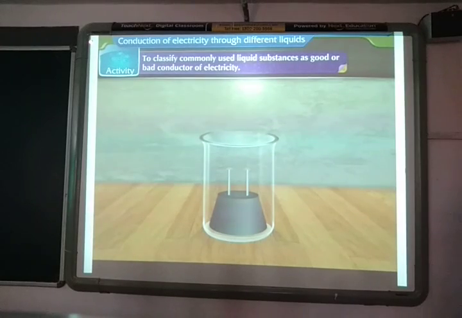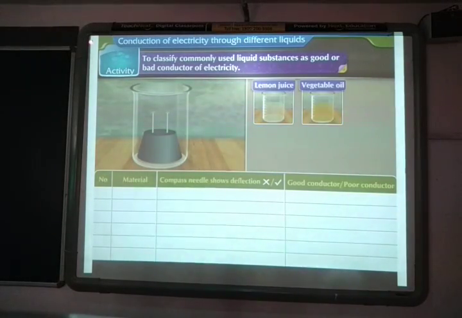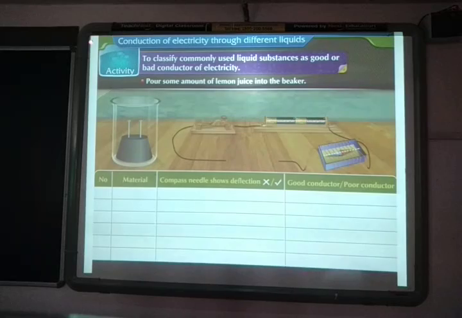We use the same arrangement of beaker and rubber cord with two iron nails fixed on it. Take small amounts of lemon juice, vegetable oil, milk, honey, tap water, and seawater in separate beakers. Now, pour some amount of